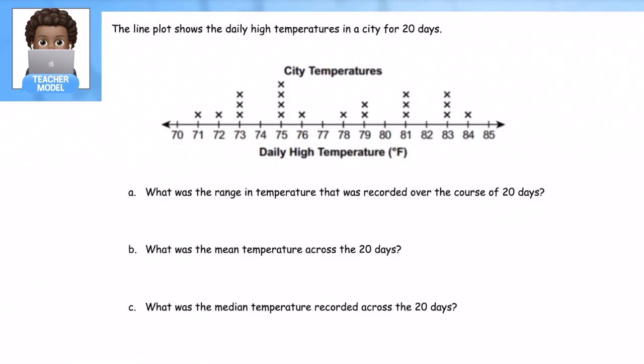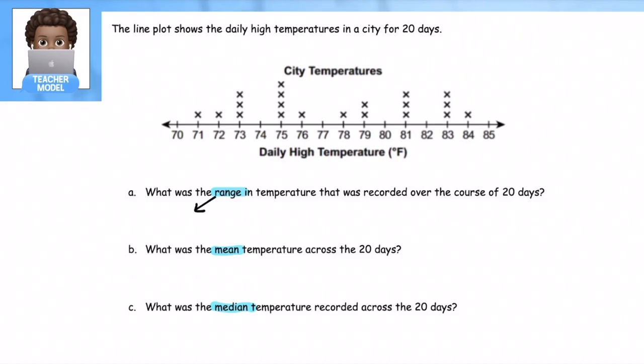The line plot shows the daily high temperatures in the city for 20 days. What was the range in temperatures that was recorded over the 20 days? What was the mean temperature over 20 days? And what is the median temperature over those 20 days? So we're going to start with range,